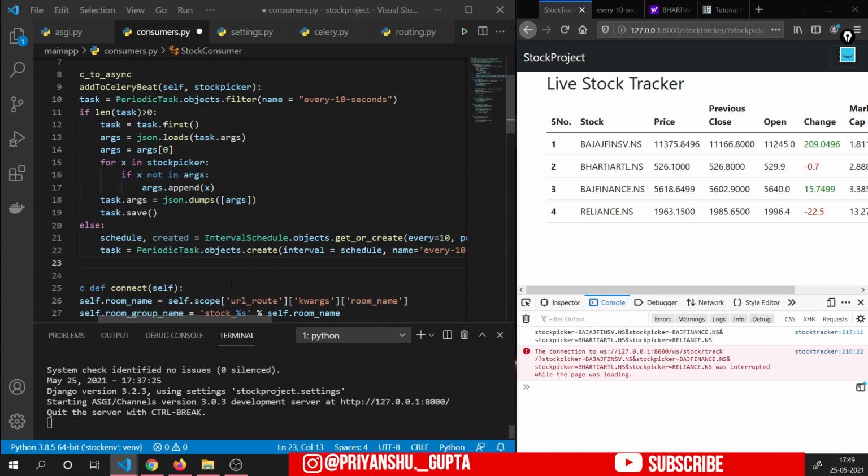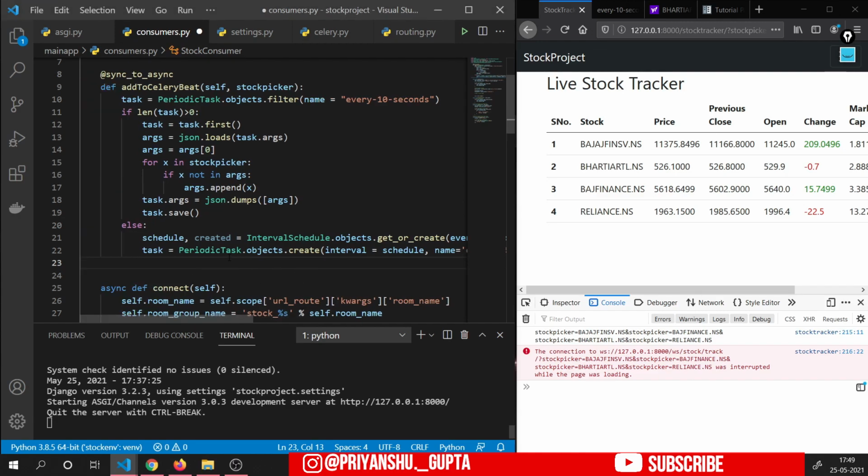And after we have successfully added that task inside that periodic task table, then Celery beat schedule will tell Celery to perform that task, right?